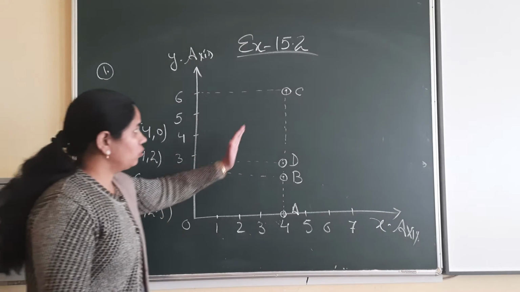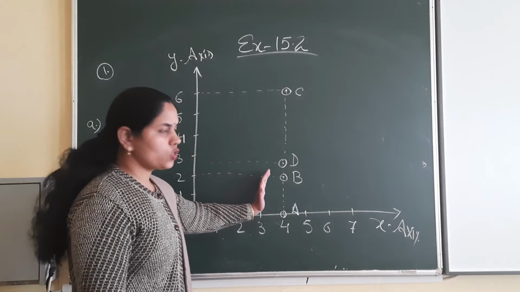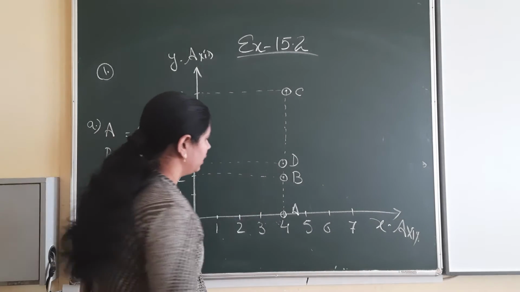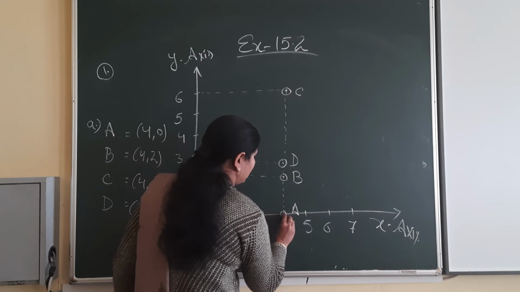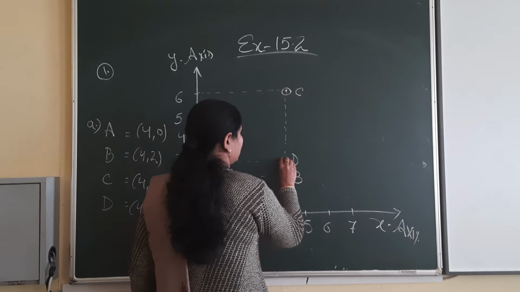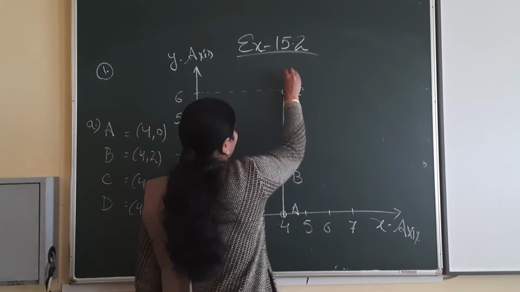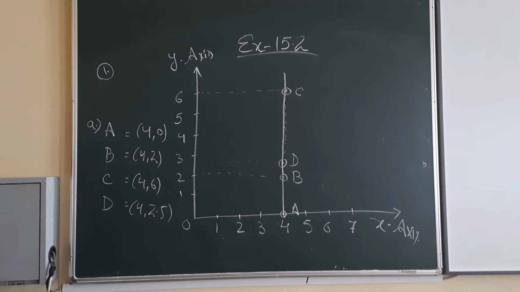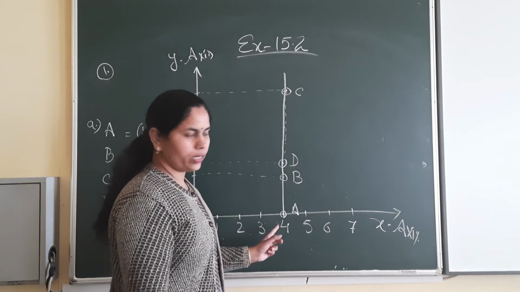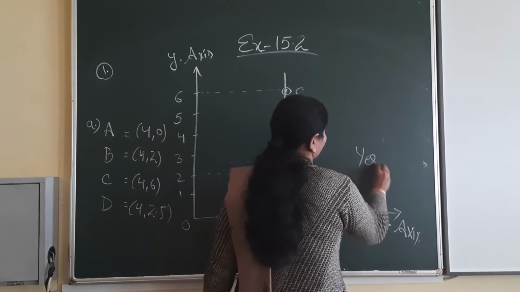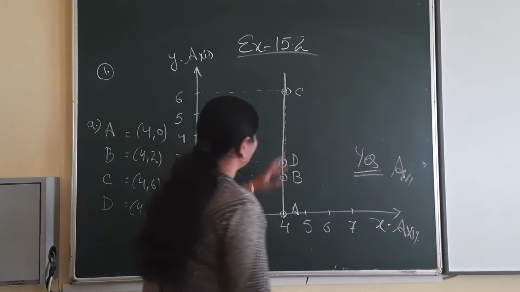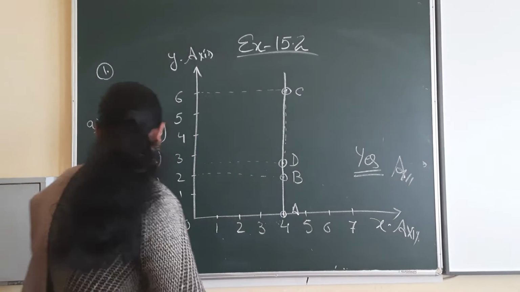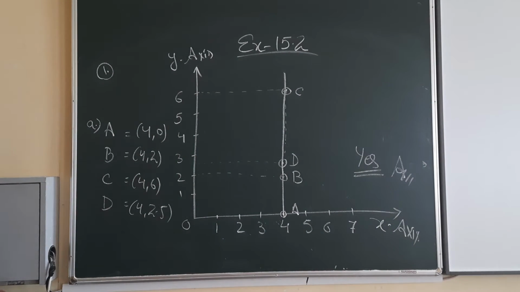So look carefully, denote all the values of coordinates on the graph sheet and then join them. So from point A, B, D and then the last point is here, that is point C. So this one is the line according to the given coordinates. Now the question was, plot the following points on the graph sheet, verify if they lie on a line. So yes, here we are seeing a straight line. And this type of graph is called a linear line or linear graph. Now B and C will be the same.